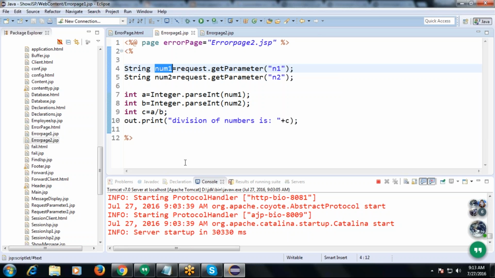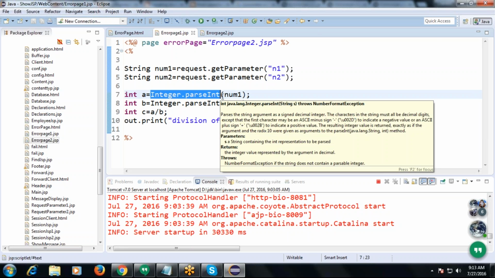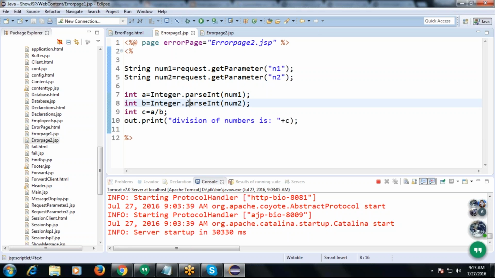Even though numerical values are sent by the user, the container stores those values in string format, that is, in the request object. So after the values are retrieved in string format, we must convert them into numerical format.